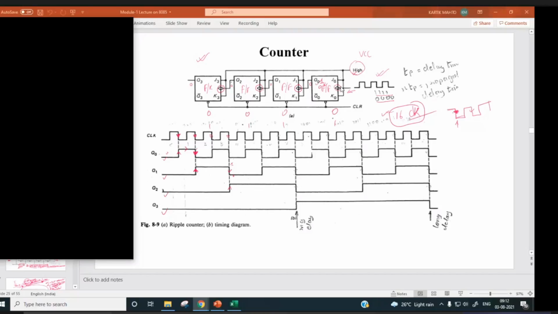And the output of the first flip-flop is taken as the clock to the second flip-flop. So whenever the output of the first flip-flop toggles from 1 to 0, only then is the output of the second flip-flop changing. You can see Q0, Q1, similarly Q2, similarly Q3 over here. So this circuitry we discussed earlier.